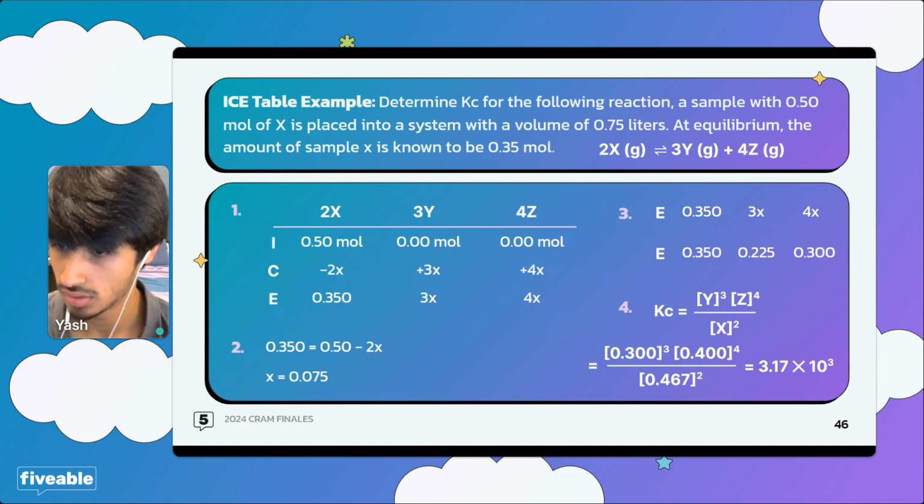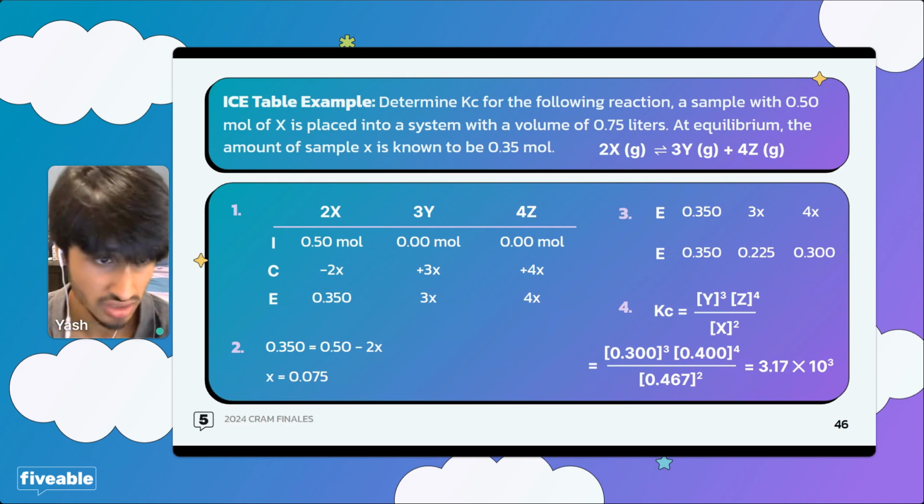More questions? Okay, I think you guys understand this. I will be moving on. I just want to really make sure you guys have a strong foundation in this, because this will show up on your exam, at least at some point.